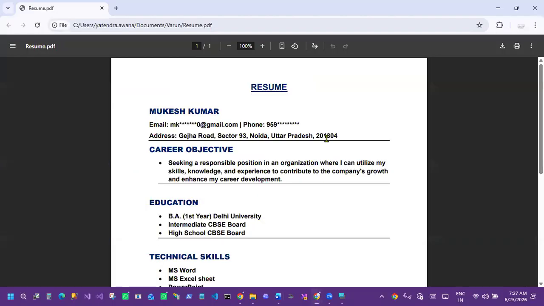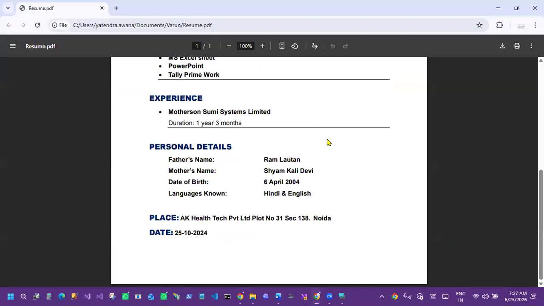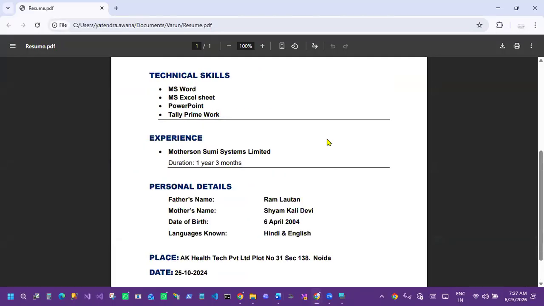So, Varun, the main and important rule to create a document is that everything should be in the same way. All the headings should be similar.